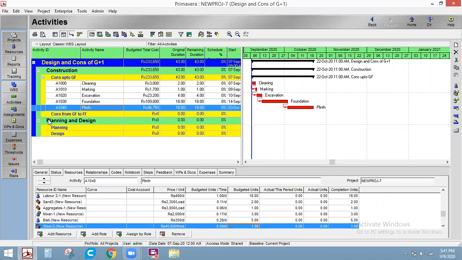All of you got it, right? I want you to incorporate all the activities in this software. You just create a separate project.